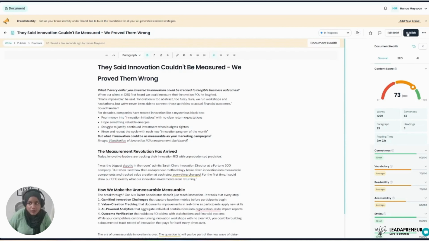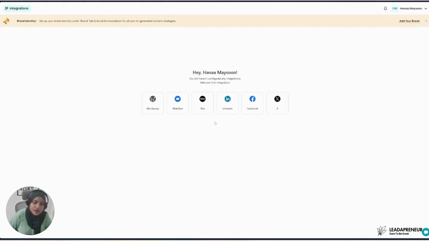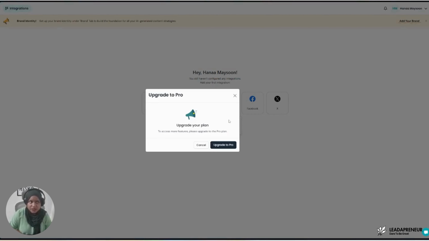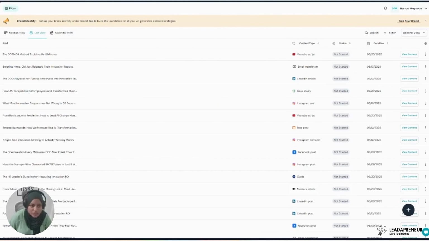But when you click on publish, for example, I'll show you. You click on publish, it will tell you that there's no connected channels. For you to connect the channels, you need to go to integration, but integration is only for the pro plan, and I think I'm using the plus plan. Oh, mistaken. But nevertheless, if I have to go back to what I was working on just now, right,